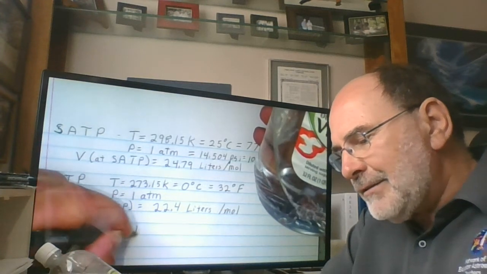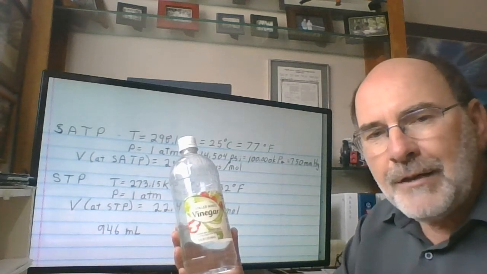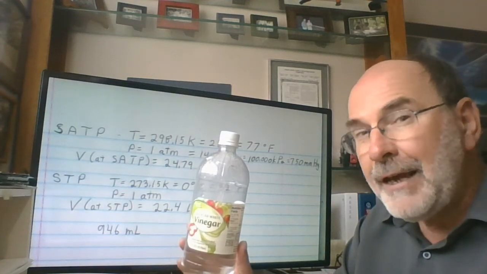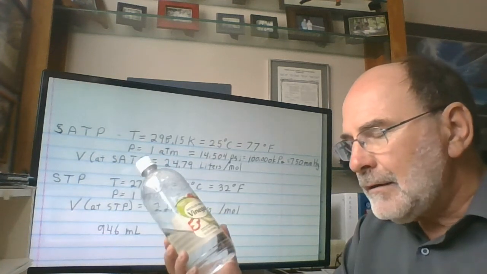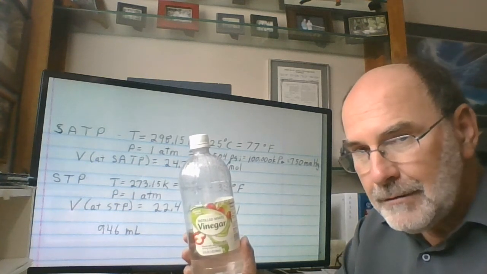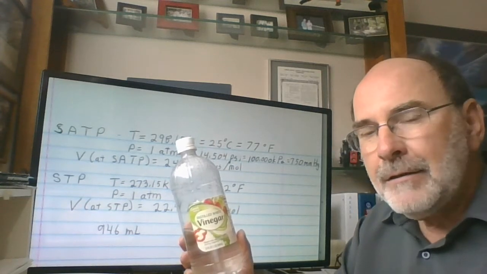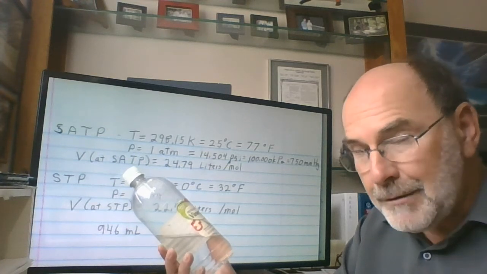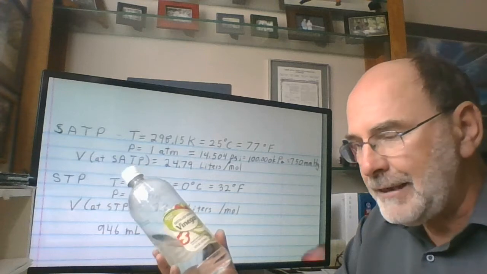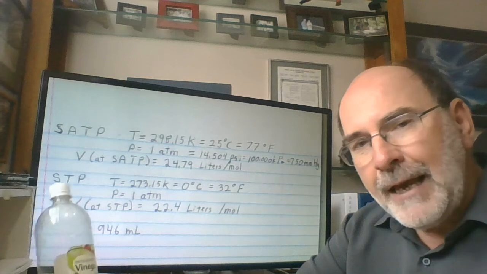So if this were 946 milliliters of volume, and I were to empty out all the liquid inside of it and just fill it with air, a mixture of gases, nitrogen and oxygen. My question for you is how many moles of air can this container hold? Of course, at standard temperature and pressure. So not standard ambient, but standard temperature and pressure at STP. So calculate, please, how many moles of gas